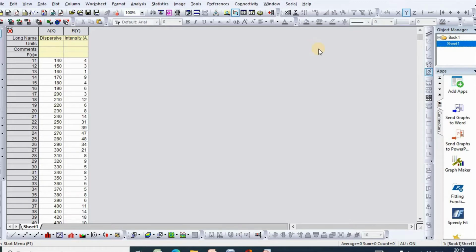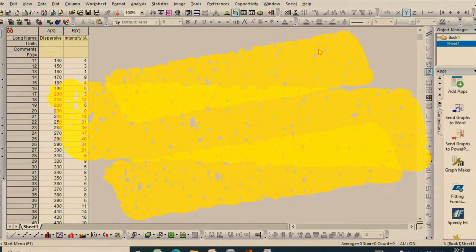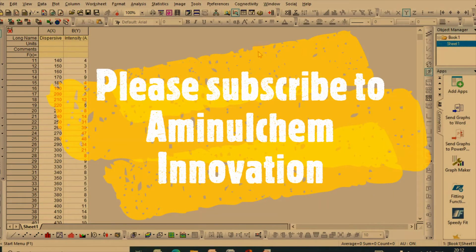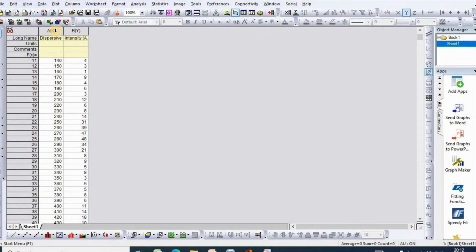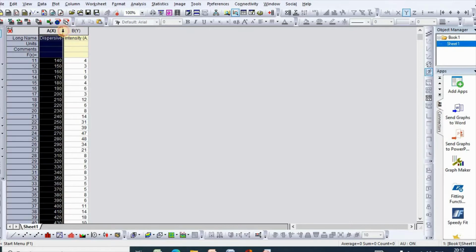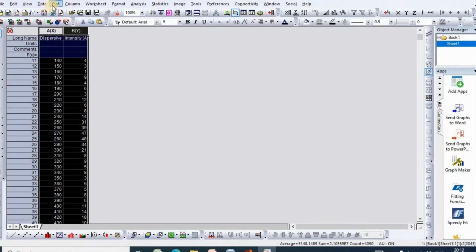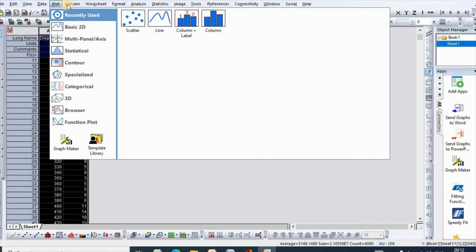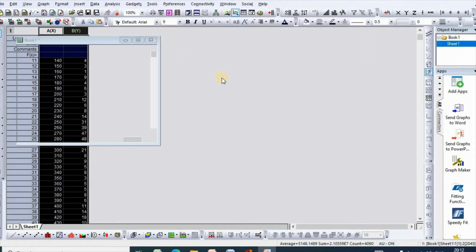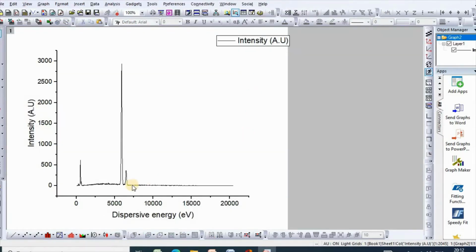In this video, I will show you how to plot energy dispersive X-ray spectra using Origin. Well, in order to draw, I have taken EDX data, then select and plot, then select line. So here is your EDX spectra,